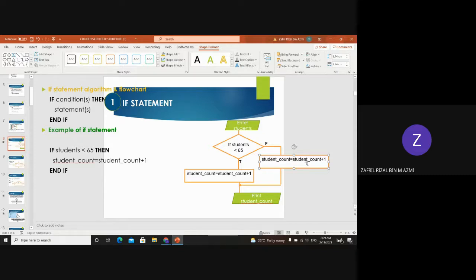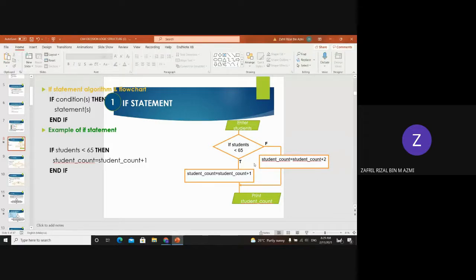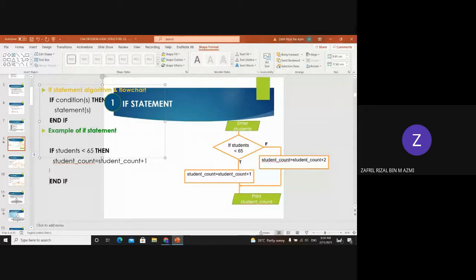For example, if false, maybe the count will be different. So this now becomes bi-selection. And then for the algorithm,